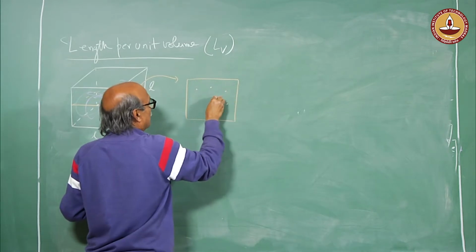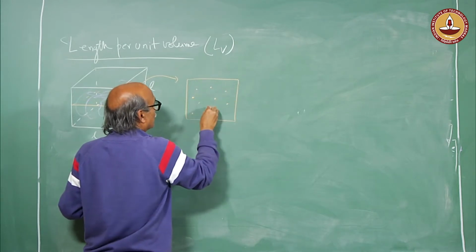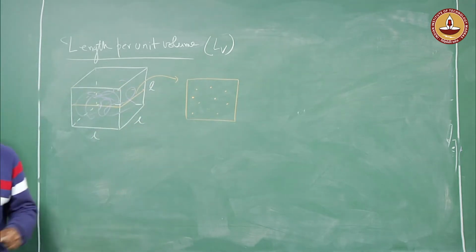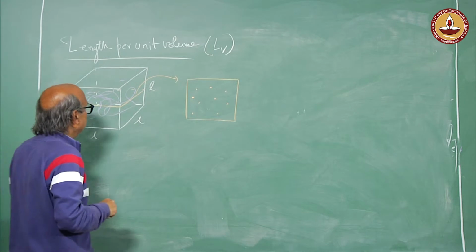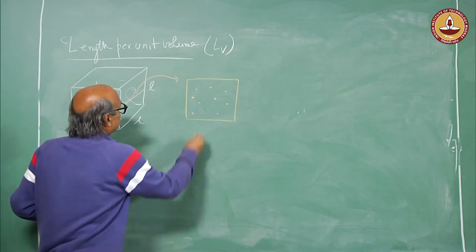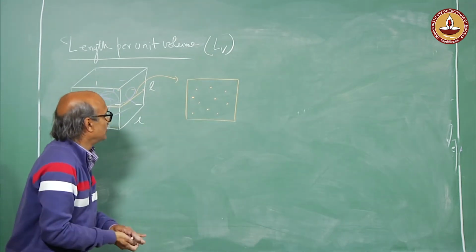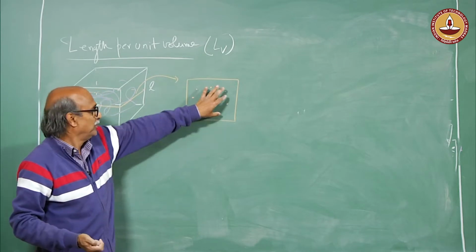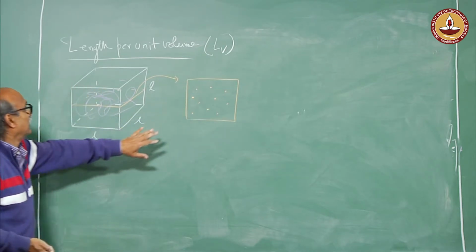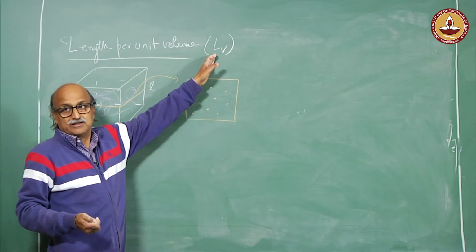So, I should be able to isolate points in my microstructure. And let us see what I can do with these points, and how, looking at this structure, I get at